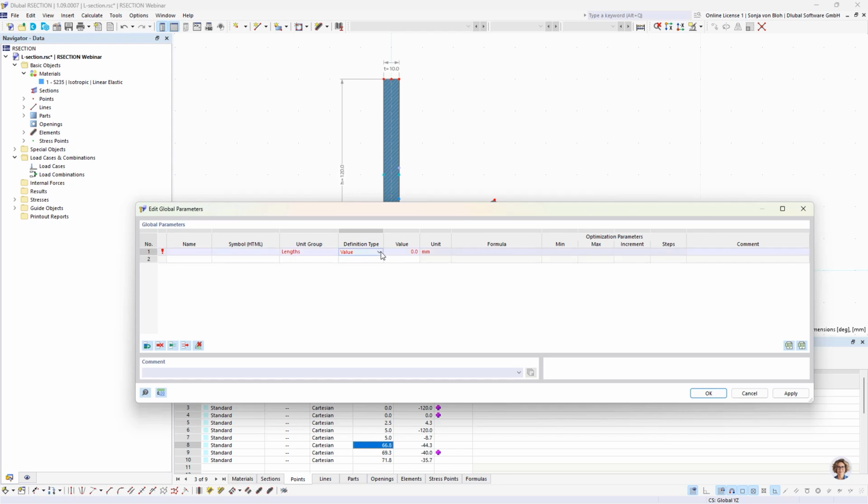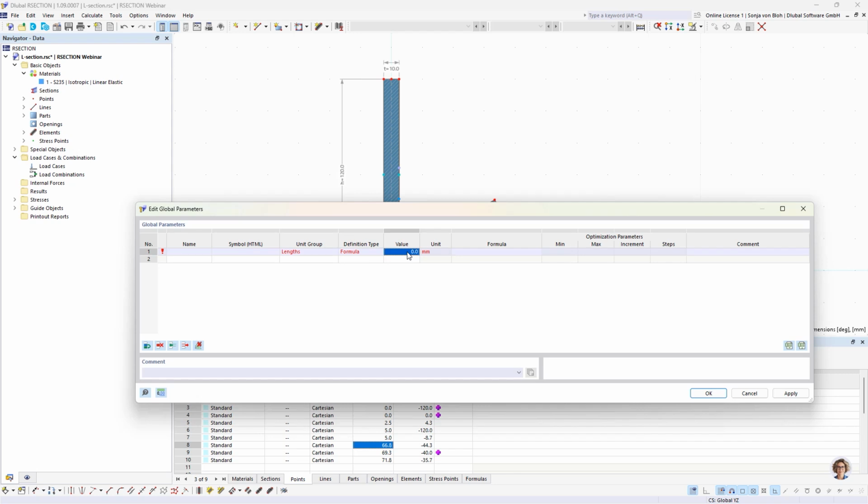So if you choose the definition type value, I can enter the value directly here in this cell. If I choose the definition type formula, then I have to define the formula with which the value is then